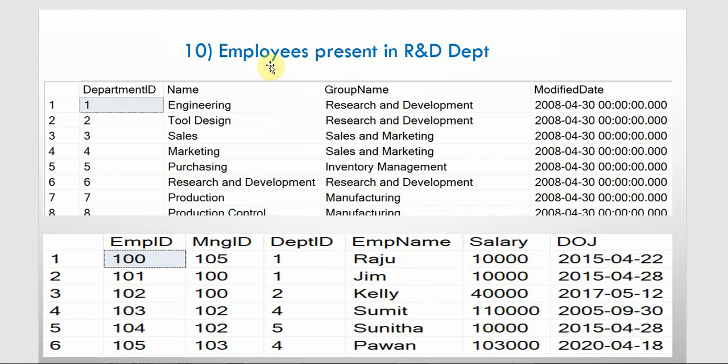Our 10th question is to get the employees who are present in the R&D department. So here we see two tables, the department and the employee. We have to join them to get the employees present in the group, because group is here but employees IDs are in this second table.